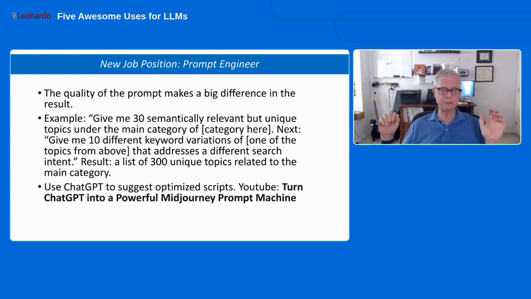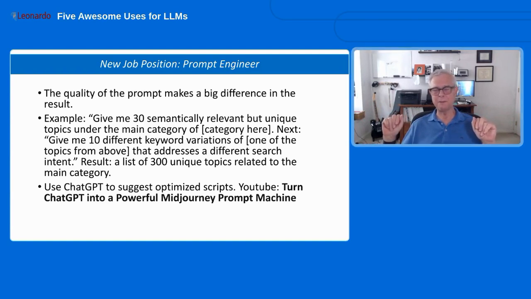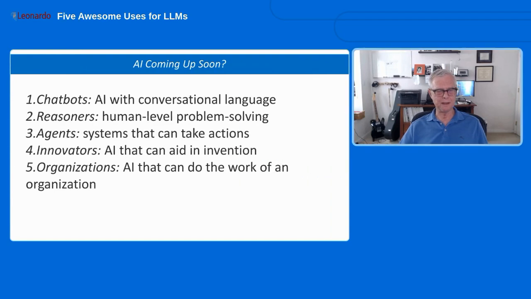Now, another option in terms of good scripts, good prompts, is to ask ChatGPT or an LLM to help you improve the quality of your prompts. It will do that as well. It'll say, well, your prompt is okay, but you need to provide this additional information in your prompt, and you explain it to me. And there are some online courses on how to become a prompt engineer. This could become important in the future. So I want to point that out to you.